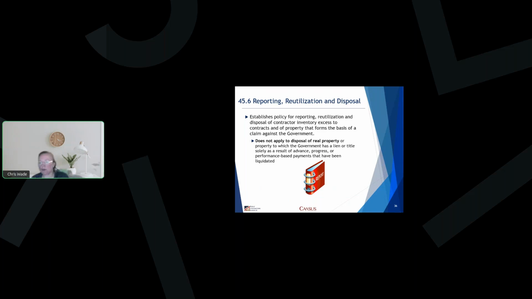But it's a very strict timeline, and it's all laid out in FAR Part 45.6. After they receive the disposition schedule and it's accurate, the government approves it. That's when the clock starts ticking for the contracting officer and the PA to go ahead and disposition the property that's in that schedule. We talked about title to property,